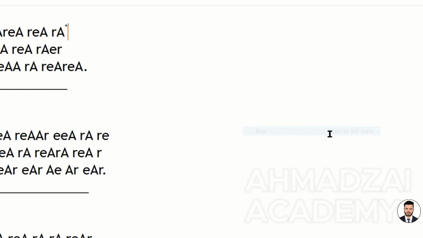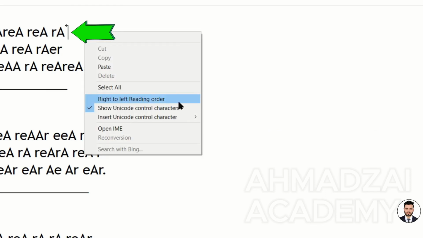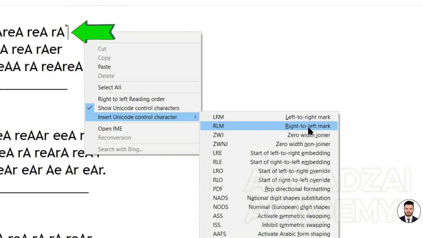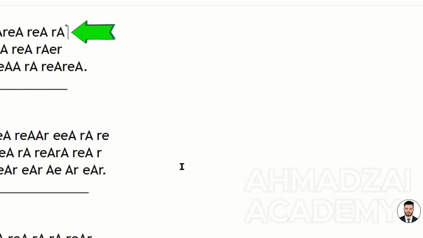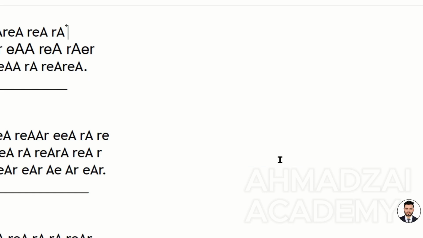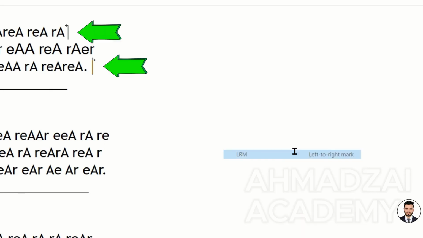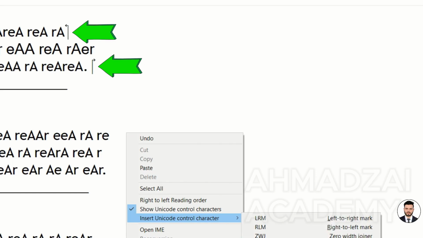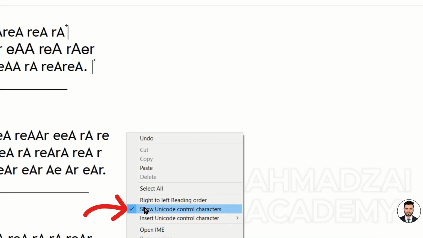For example, you click, and it's a symbol. It was called a symbol, like left or right. The name of the symbol was, for example, right to left mark or left to right mark. It's a kind of mark, like a separator, so you can see the direction, whether it's left to right or right to left. Whenever you want to insert one of these special characters, you can insert them from here, wherever our cursor is. So, these are all left to right and right to left symbols. In short, they're all symbols. You can insert all of them from this list, but if it's off, it won't show anything at all.